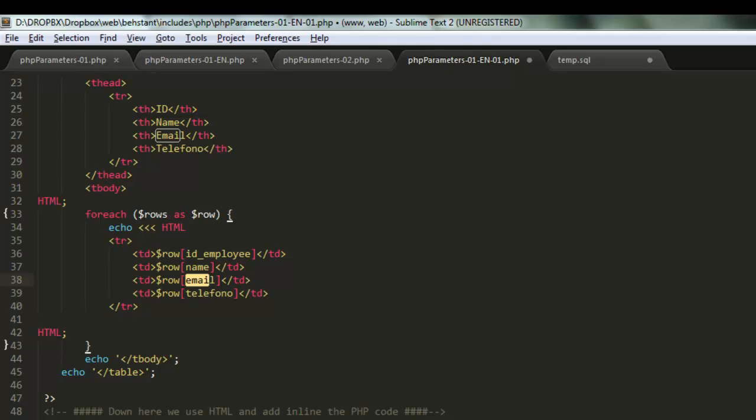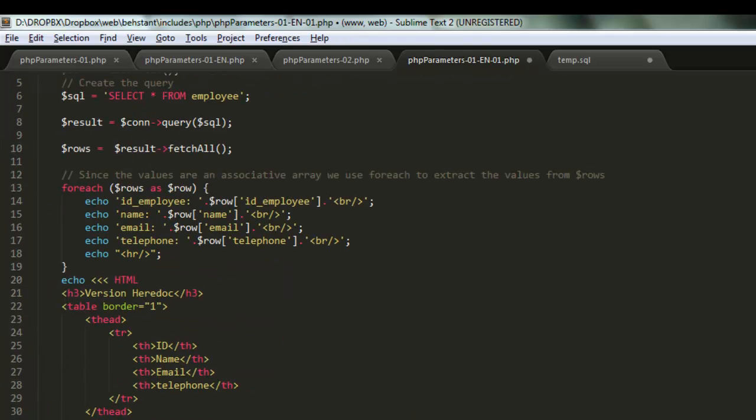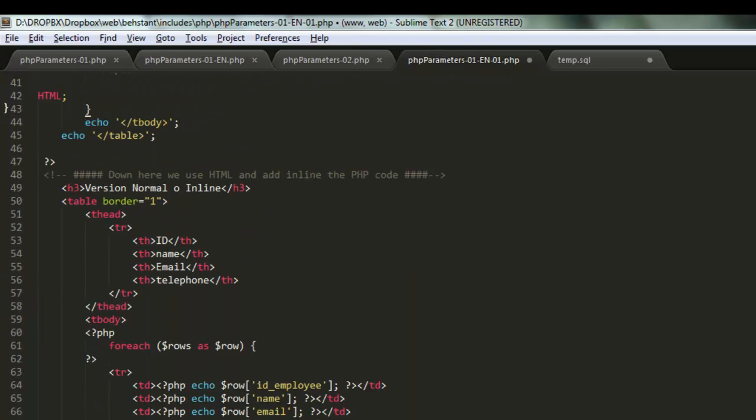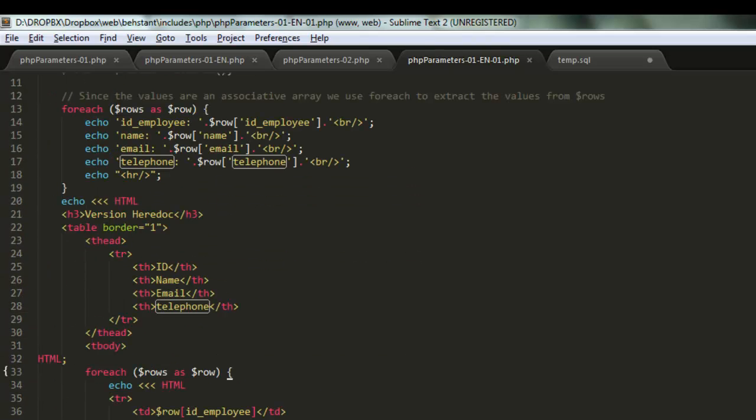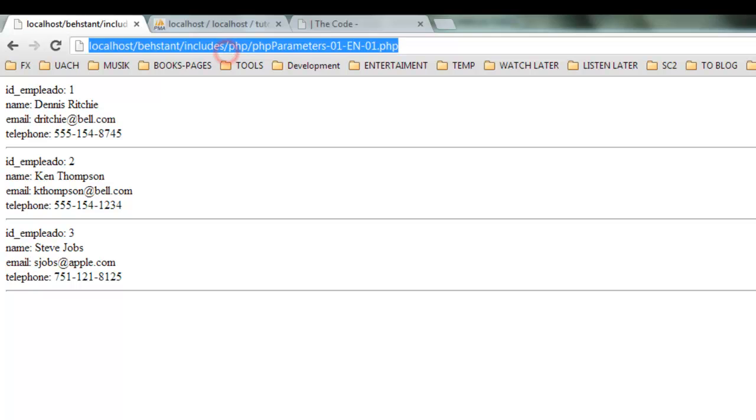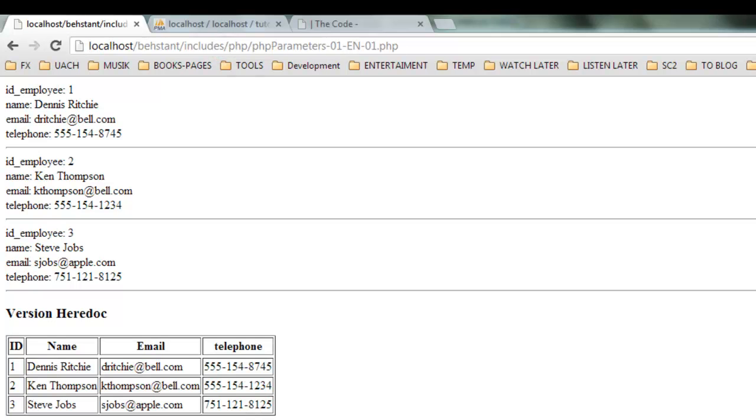We have email for email, no problem, and then telephone to telephone, in English telephone. Alright, we replace all, and then we have everything ready. Alright, we're just going to test it. There we go. We have the data